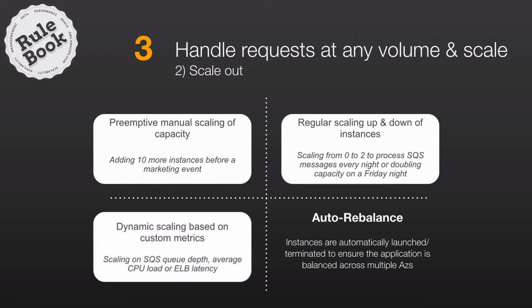By policy would be the classic auto-scaling on metrics. So you're scaling in response to queue depth, CPU load, or load balancer latency, and you're going to add additional instances to help reduce that average level of load across your fleet of instances. And that will obviously ensure that your users get good and consistent performance from your application or website.